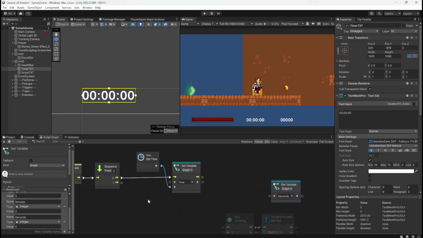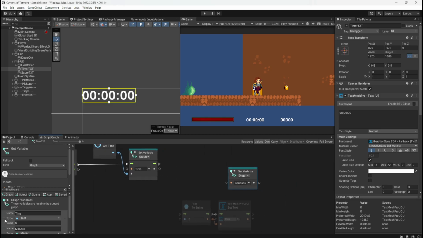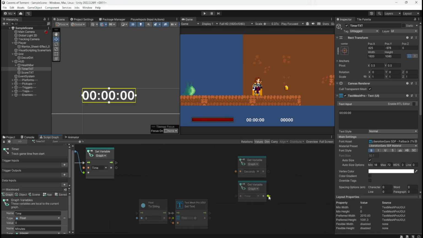Right, so that's a separate thing. So now we're going to get the time, and we're going to add the seconds to the time.